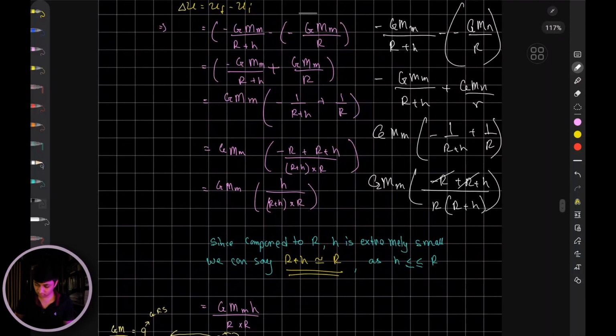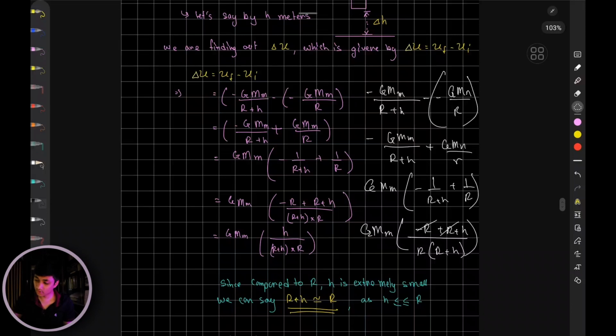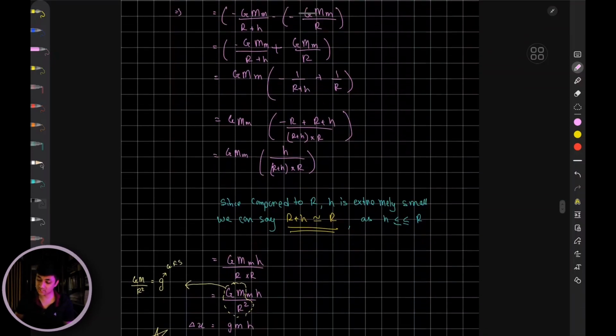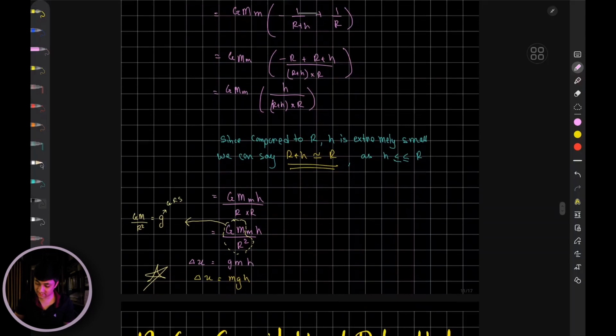So now remember, we consider the height to be small compared to the radius of Earth, right? Why is that? Because we are considering the gravity to be a constant. In which case, we can say R plus h is approximately the same as the radius of Earth. Because let's say you have a distance of 3 times 10 to the power of 6 plus 3 meters, is the 3 meters going to affect your overall distance? No, it's not going to. It's not going to affect your gravitation, which is why we can say R plus h is R. So we can say